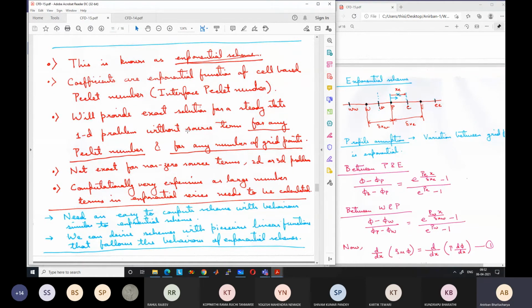So in a real-life scenario, whenever we write a CFD code, we either use a very simple scheme like the upwind scheme, which also works well in most cases, or if we want to be accurate, we use one of these later schemes like the hybrid scheme or, sorry, the power law schemes, which we will discuss in the next class. Okay, so I will stop this discussion now.